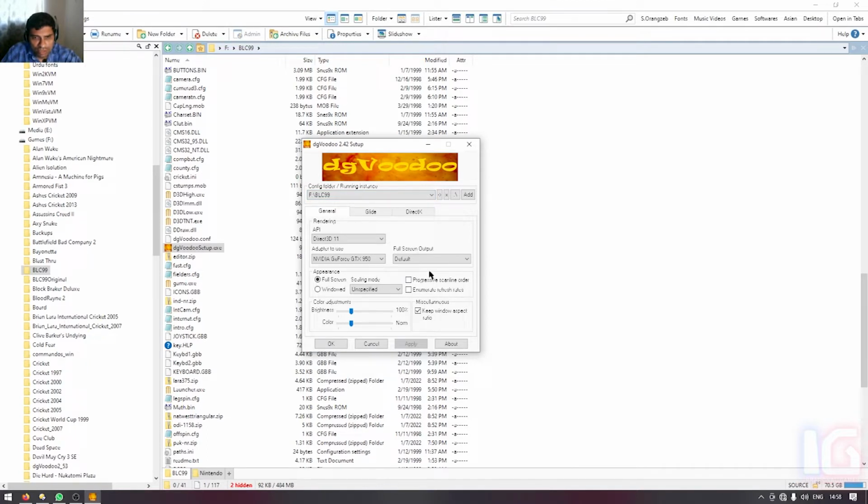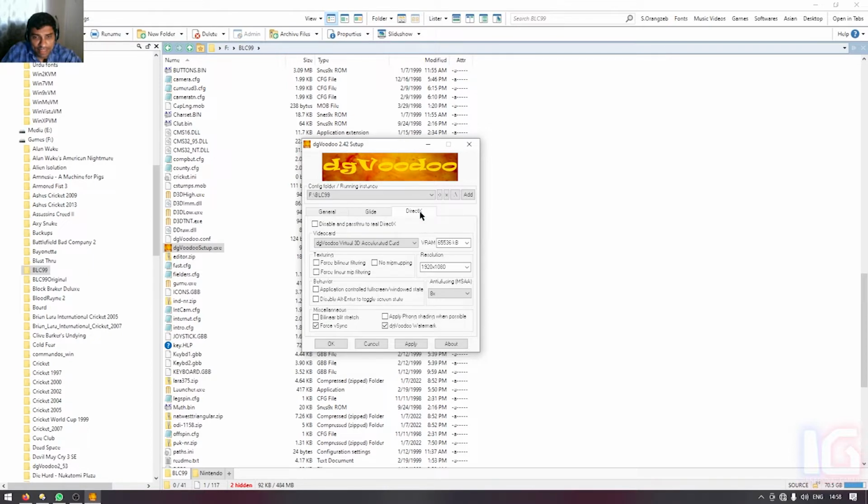Then you just need to make sure full screen is selected and copy these settings from my screen to yours. Make sure keep window aspect ratio is unchecked, and on the DirectX tab choose your desired resolution. In my case that should be 1080p, like 1920 by 1080. The VRAM should be maximum, and